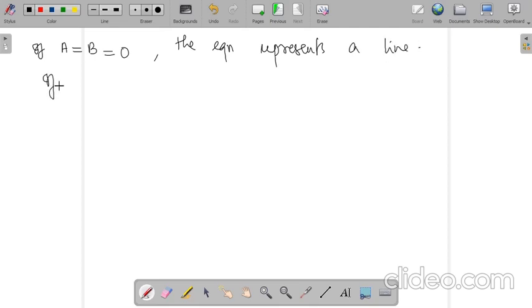And again, if a equal to g equal to 0 and b not equal to 0, then we are going to get b y dash square plus 2f y dash plus c equal to 0, and